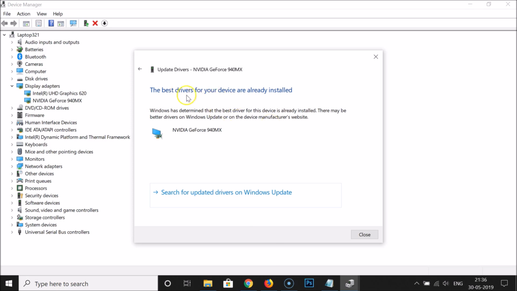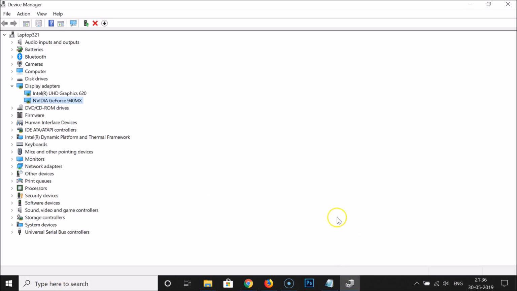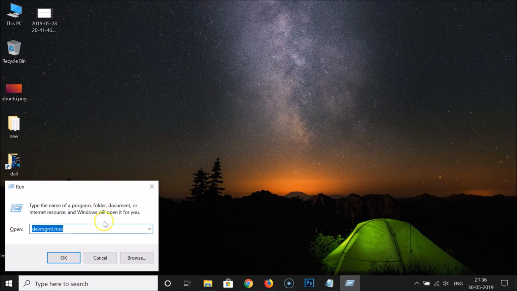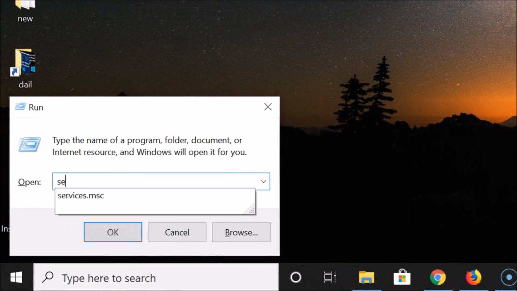As you can see here, I have this message, the best drivers for your device are already installed. So if you don't, then just install the latest drivers, and after that click on this close button. You can close this device manager window. Guys, after that you need to again press Windows plus R key on the keyboard to get this run window, and you need to type this command